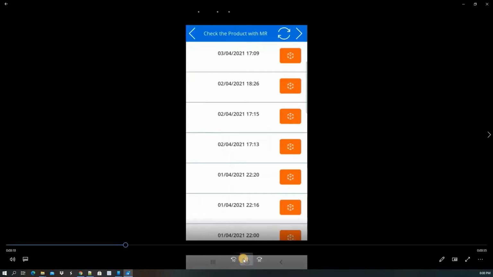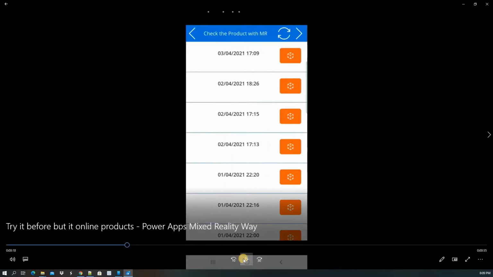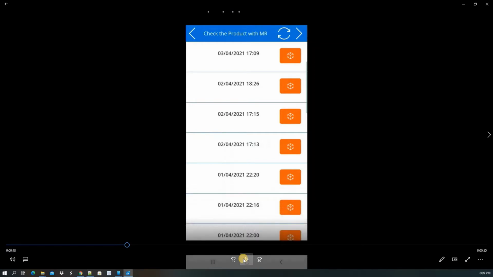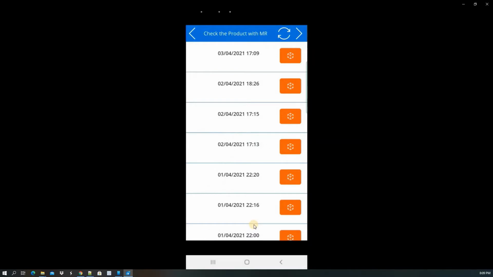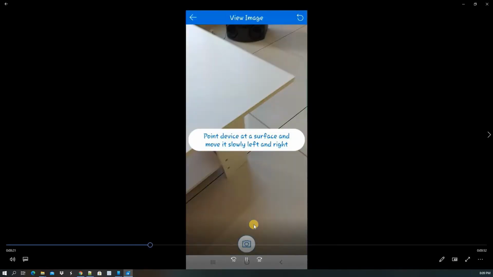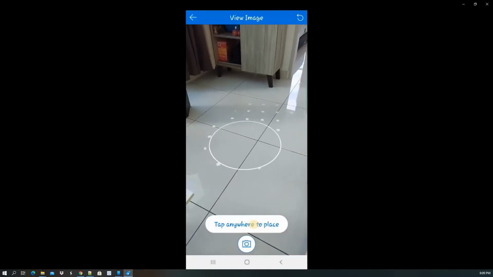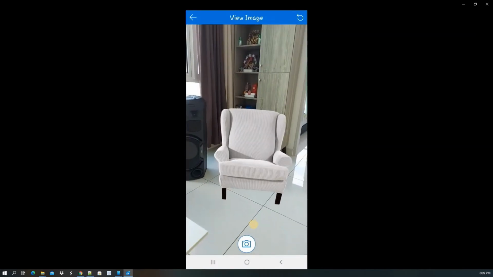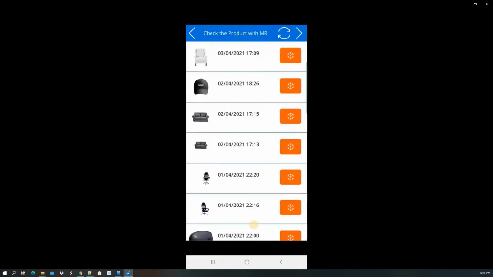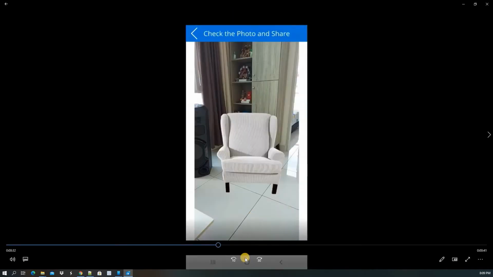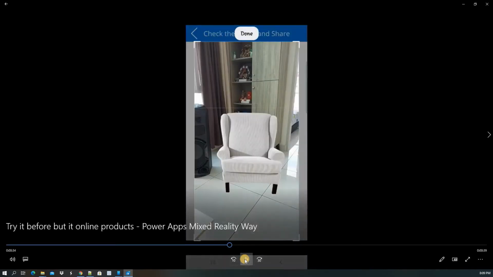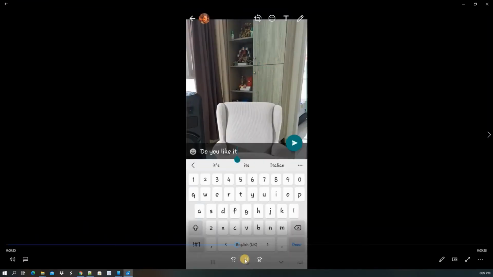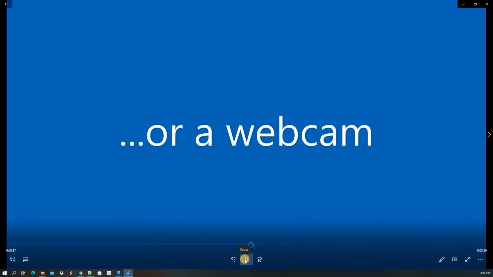You can upload multiple images at once, that is not a problem, but I have just taken one and uploaded it. It will be uploaded in a SharePoint list, and then you can project it on your floor and see how it looks in your environment. Take a photo and you can share that photo with your near and dear ones and get their feedback.